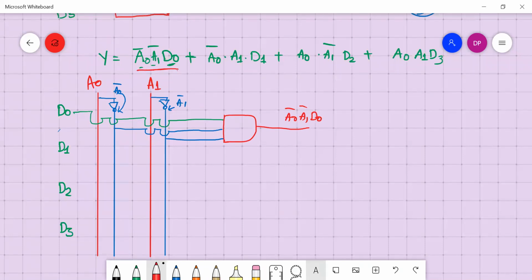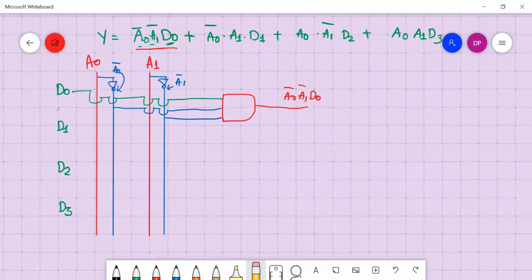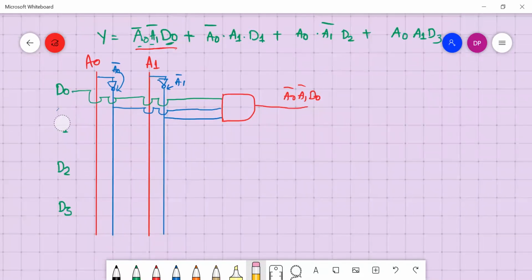Similarly, let's take D1. For D1, what you require is A0 complement, A1, D1.